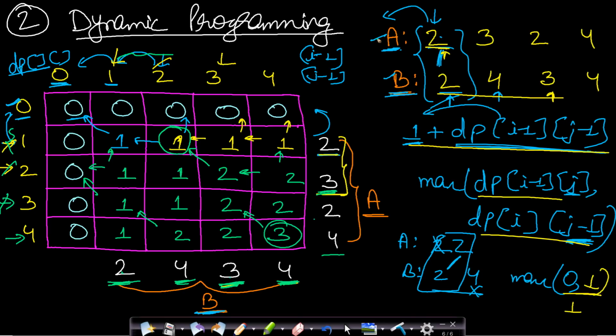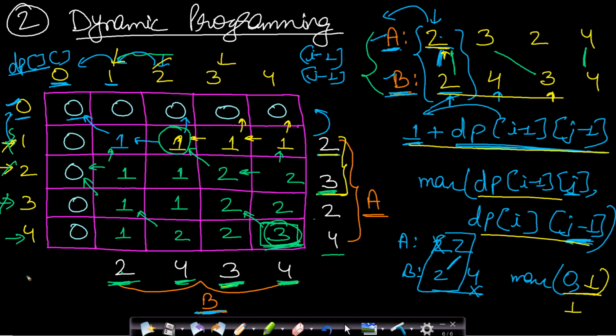So for this example, the maximum number of uncrossed lines which we can form is equal to this last cell value, which gives the value 3. You can see that you can draw this line, now you can draw this line, and also you can draw this line. So the maximum number of uncrossed lines here will be equal to 3. So the last cell value will give you the maximum number of uncrossed lines. I hope you were able to understand this.